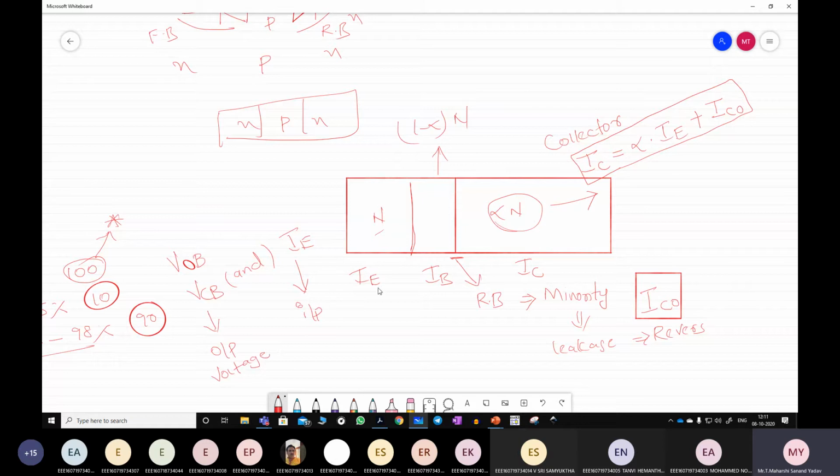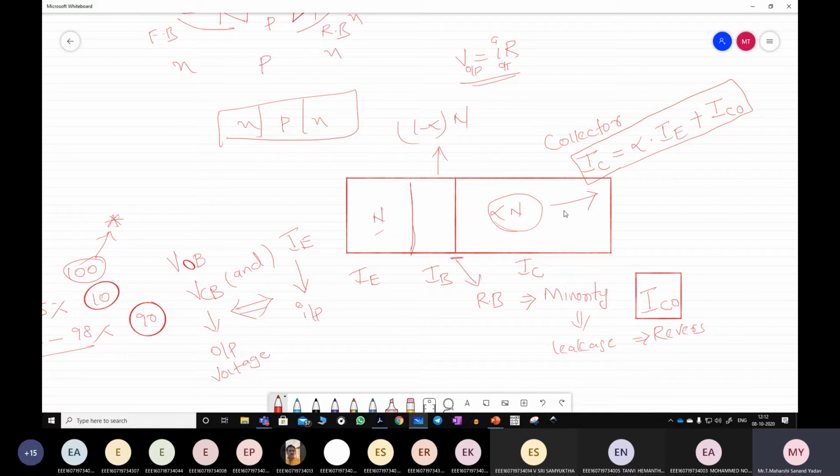Suppose if it is output current, then we know that V is equal to I into R. Suppose if this is output, V out is nothing but I out into R. So here that is not following that notation. See here, it is completely different. We are dealing with input current followed by output voltage.